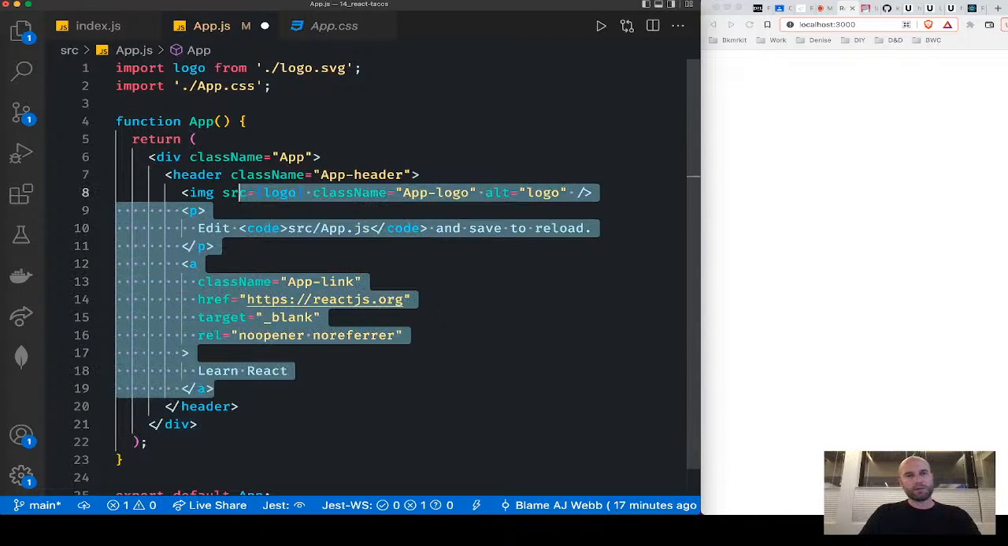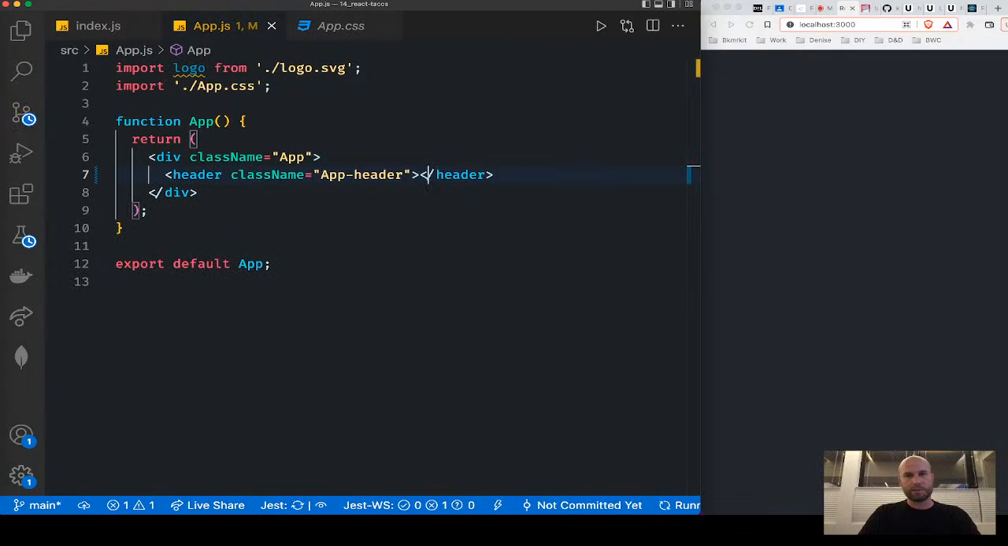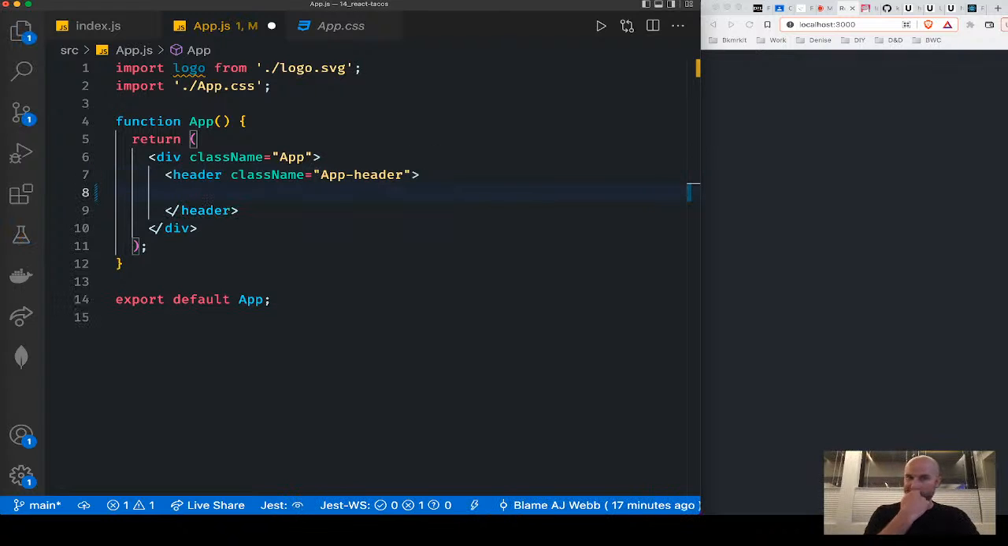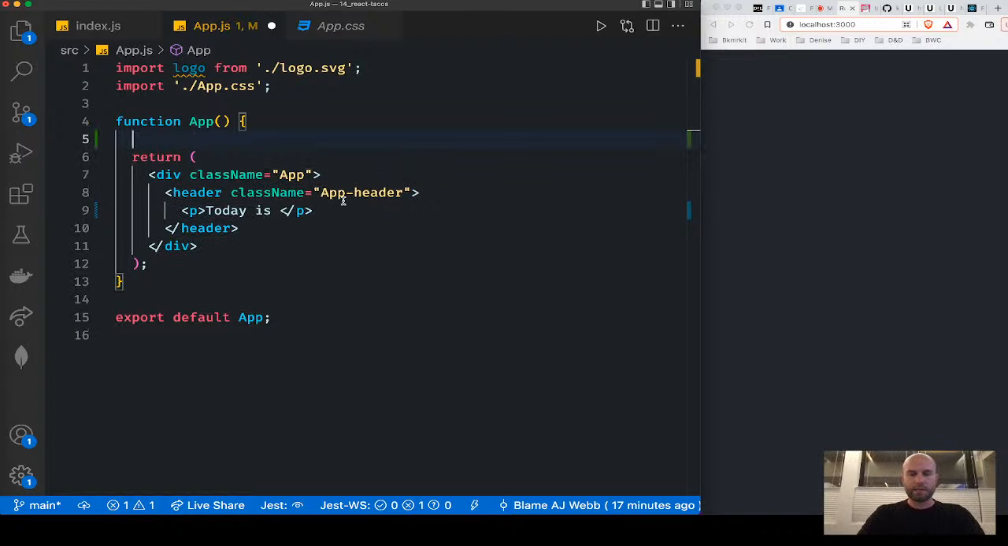Let's keep the header too, since it's giving us the dark background for now. We'll redo all this in a minute. I just want to create a paragraph inside there. It says the time is, or today is, and then we're going to create a date here. So above our return function, we're going to say let date equals new date. Okay. And then inside of the paragraph on line 9, we're going to do some curly braces and say date